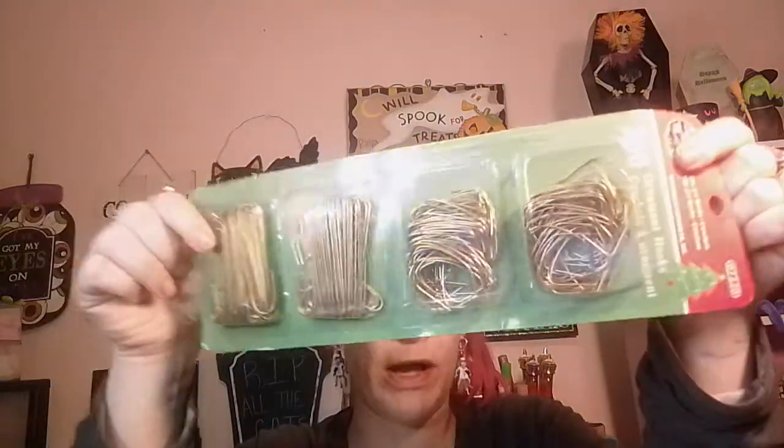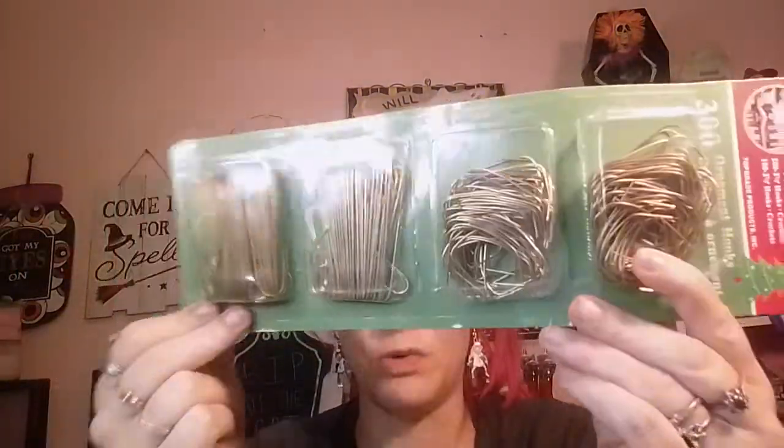And then now I can put up my Halloween tree. Hopefully the green won't show as much. But green is a Halloween color as well. So I don't think it'll be that big of a deal. You know, for like monsters and stuff. So, and I can use it for a Christmas tree as well. So I'm really excited for my new stuff,